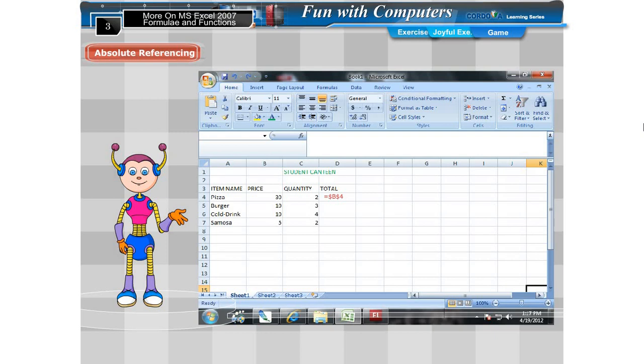If you copy the formula across rows or down columns, the absolute reference remains unchanged. In the example, you see that D4 has the formula equal to $B$4 multiplied by 2, and when it is copied to the lower rows, there is no change in the cell address.